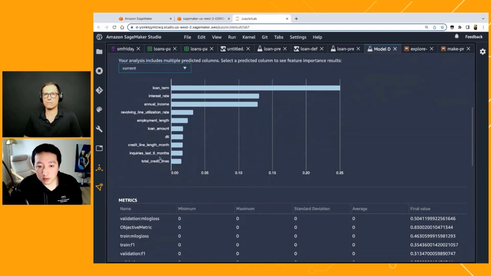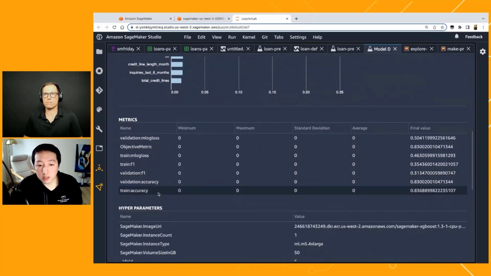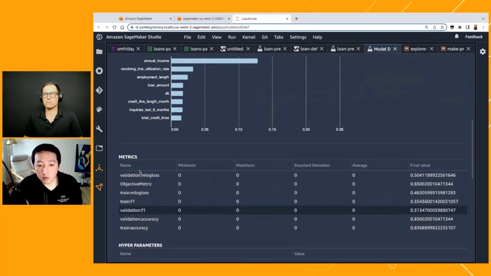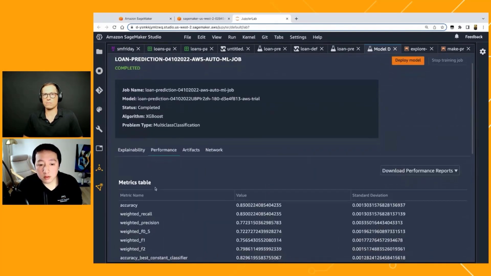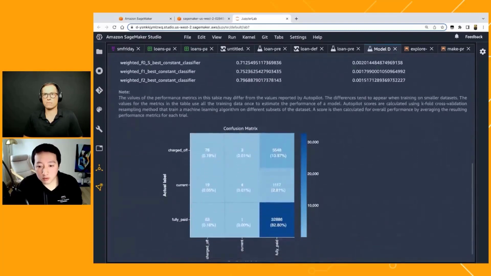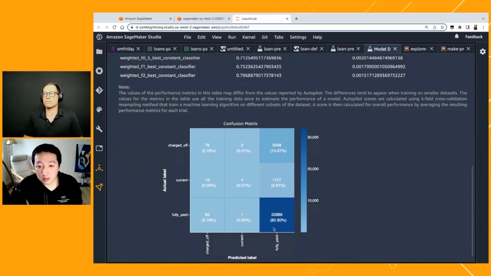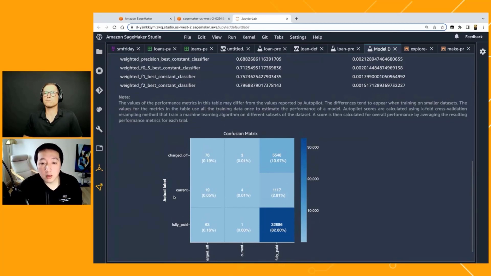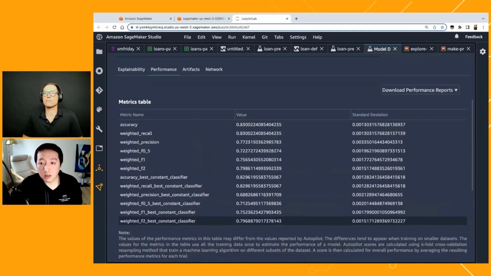So it offers this as an insight, and also more information around the metrics, performance, and the confusion matrix, right? You can see how the model is predicting on your data sets, how it's trained, and how it's predicting on the validation set or test set, and whether there are any misclassifications from group A to group C, or from group B to group A, and so on, to help you understand more before you actually put the models in use.